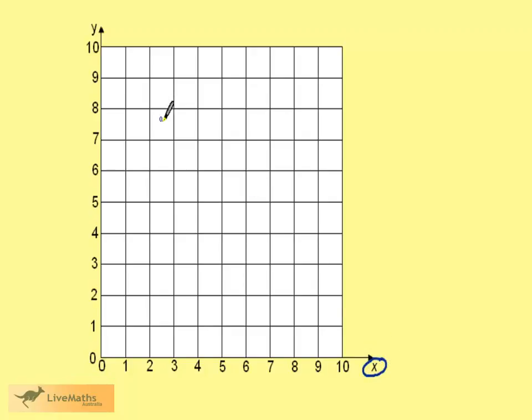X and y coordinates. The x describes how far across and the y how far up. So this point here is 7 across and 6 up. How would he write this down? He decided that he'd write them like this. The x-coordinate would come first and the y-coordinate second, in the same order as they are in the alphabet. So this point here has an x-coordinate of 7 and a y-coordinate of 6.